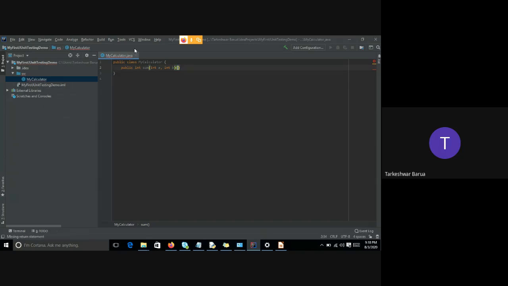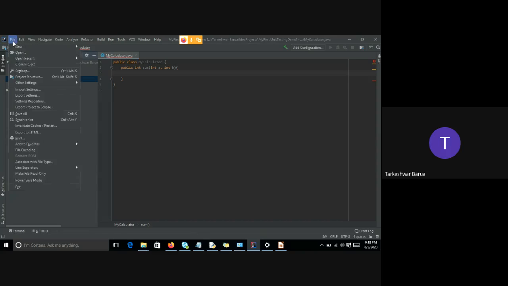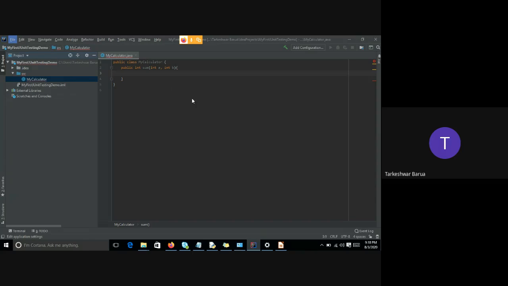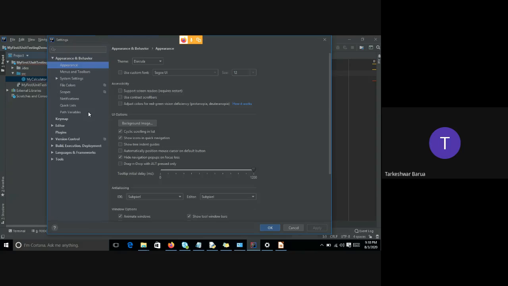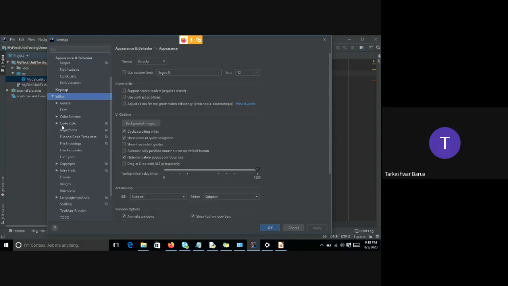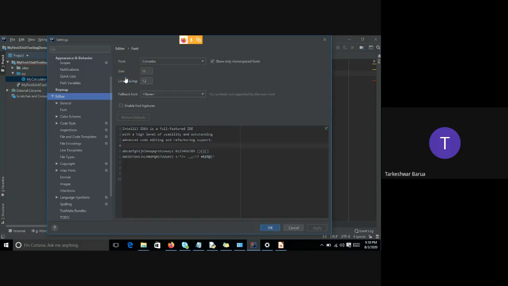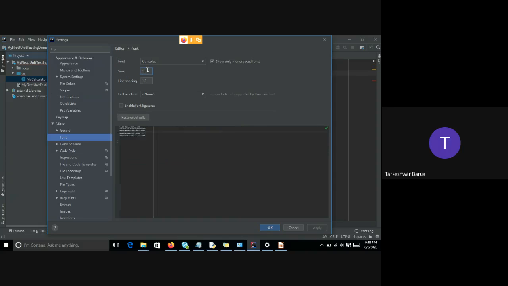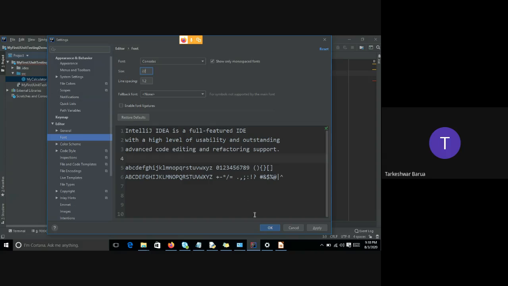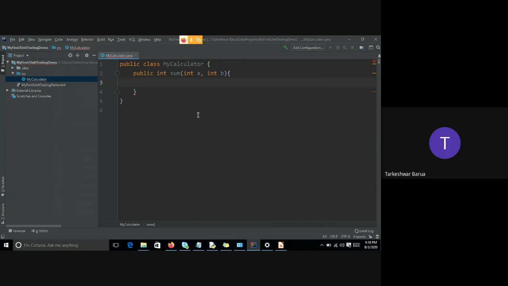Let me increase the font size so that you can see properly. So this is how you can increase the font size. Now, return a plus b. So this is my function, and now I want to test this program.